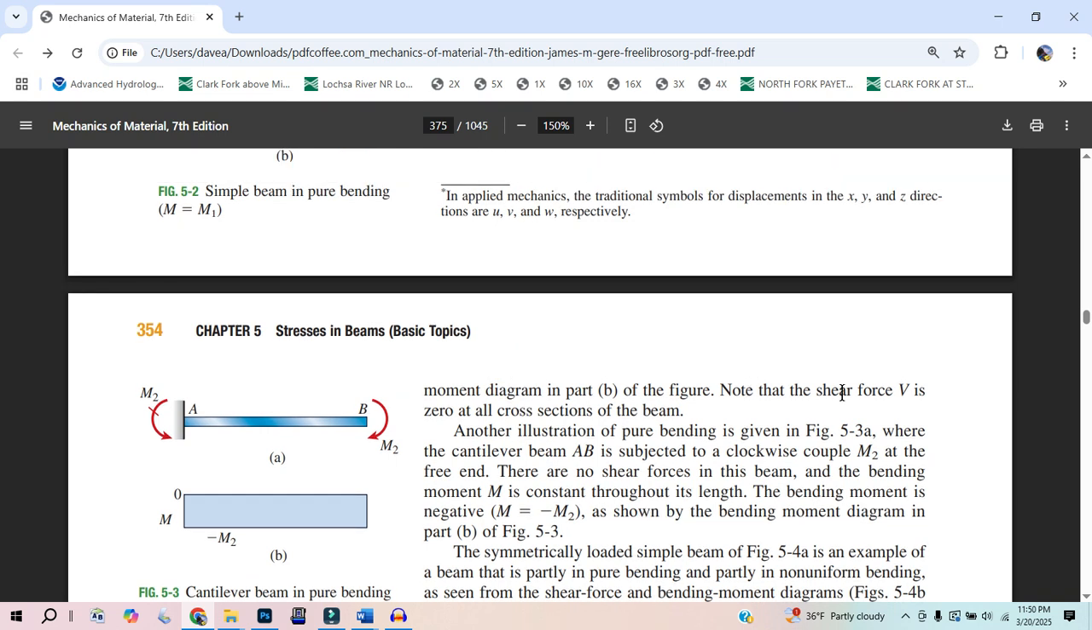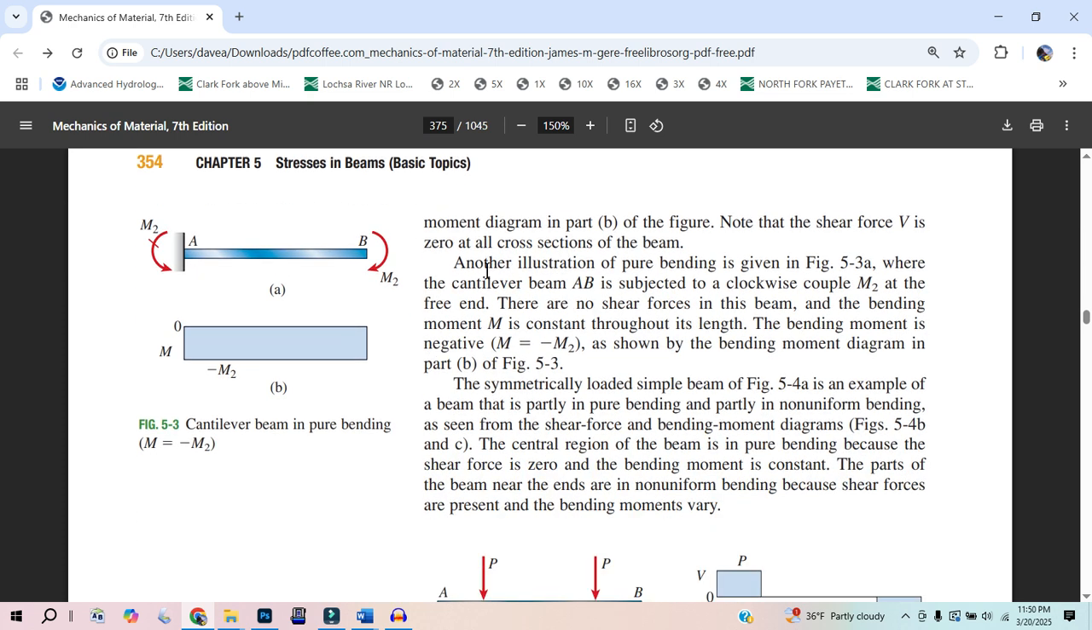All right. So that shear force is 0 across all cross sections of the beam. Okay, another illustration of pure bending. We're now going to talk about a cantilever, figure 5.3a, cantilever beam and pure bending, where the moment is now a negative M2. If this is the y-axis and this is the x-axis, our moment is going to be a negative number, and it's going to be a horizontal line indicating a constant